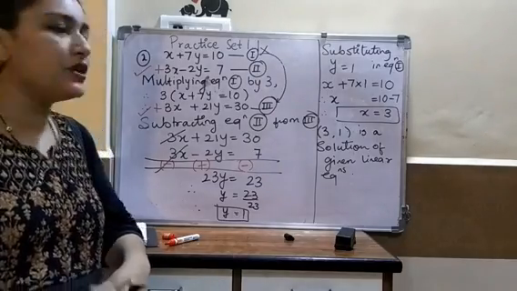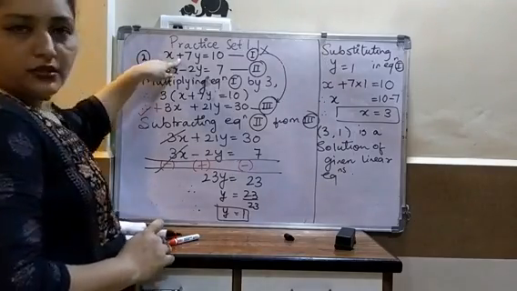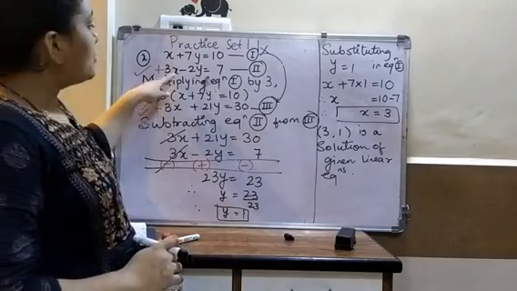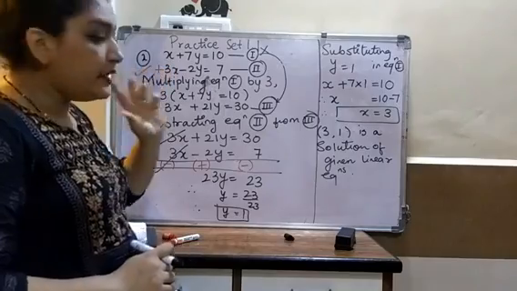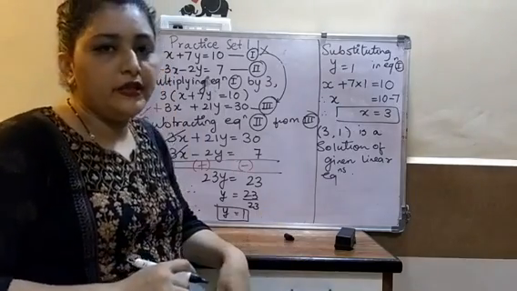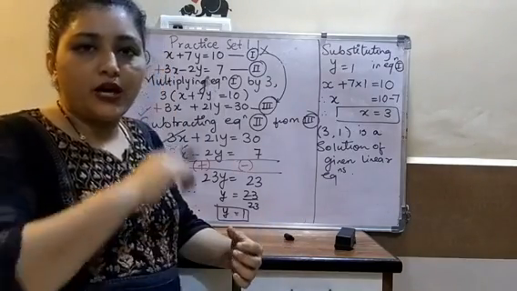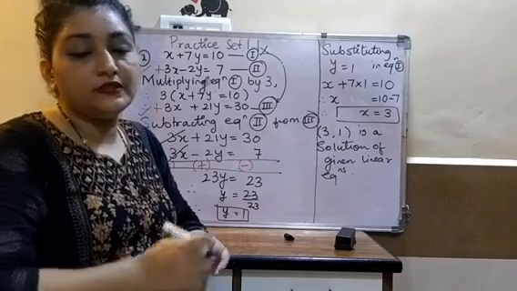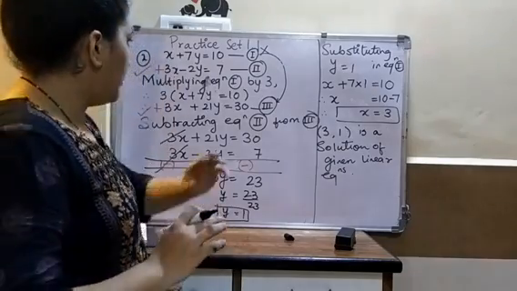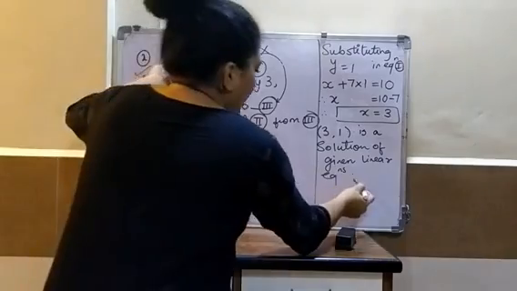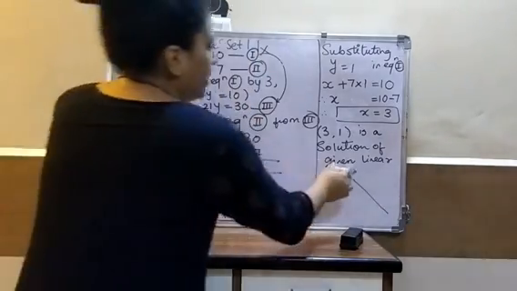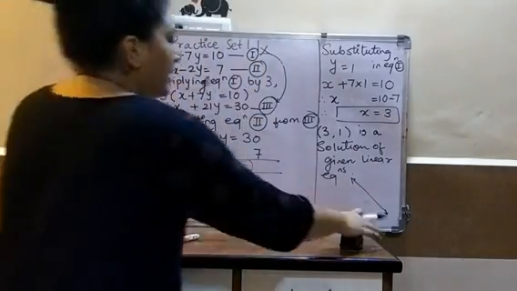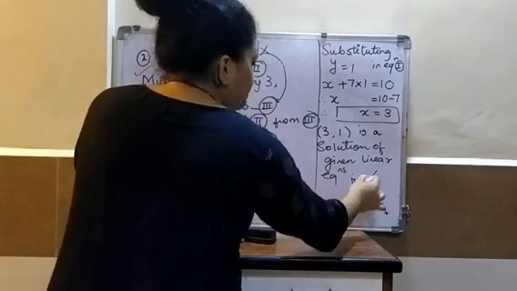Okay, so what is the solution actually? First equation you are having, okay, and second equation you are having. So these two equations are linear equations. Why I am calling them linear? Because whenever we plot them on a graph, what we get always is a straight line. So suppose this equation I got a line like this. Okay, this equation gave me a line something like this on the graph when I plotted the points. The second equation gave a graph something like this.